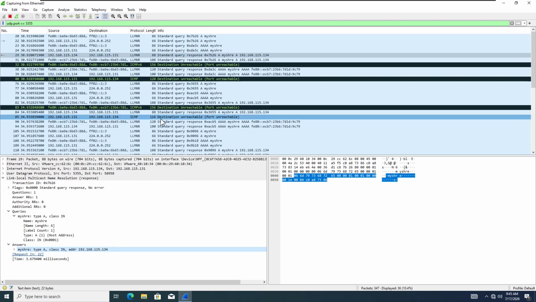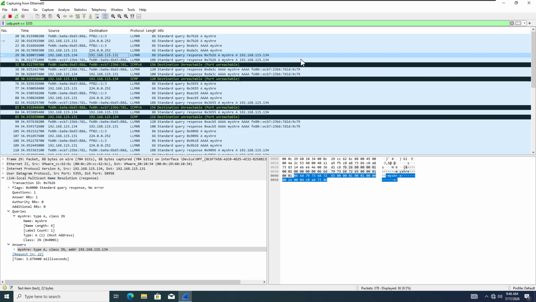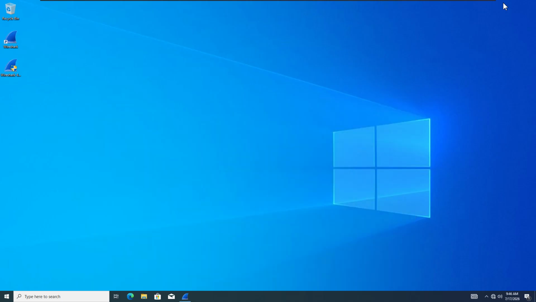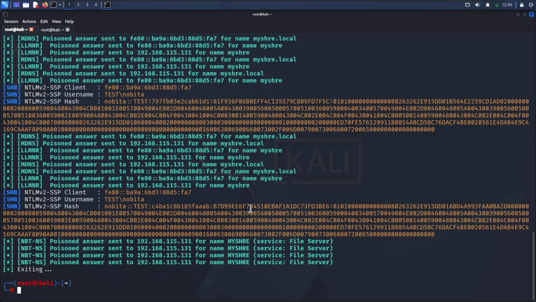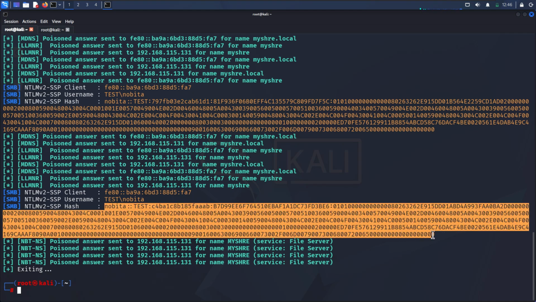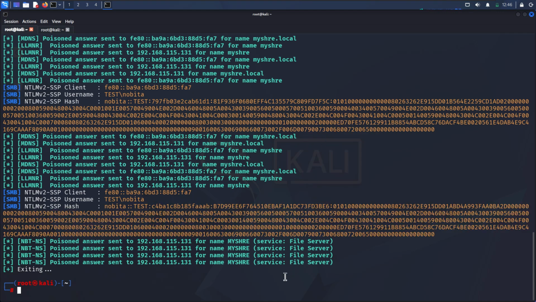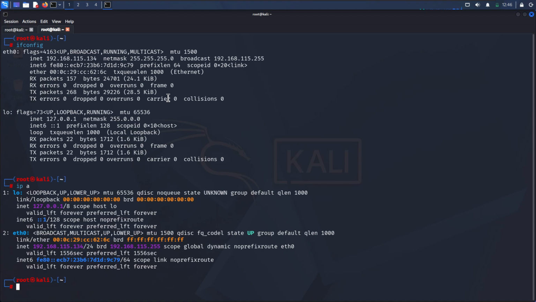Send me your credential. Okay, fine. So that's it. Now we have the credentials, but it's the hash credential of the Nobita user. So what attackers can do is take this hash, copy it, and I'm going to open here,